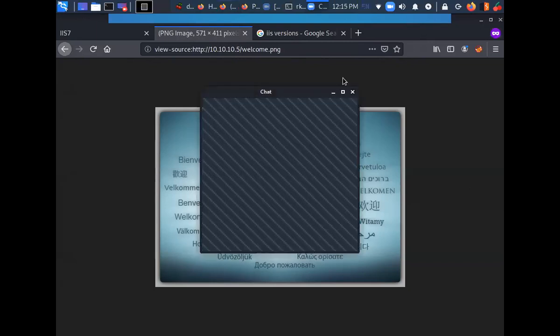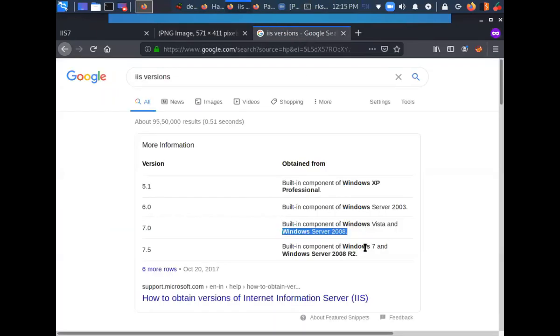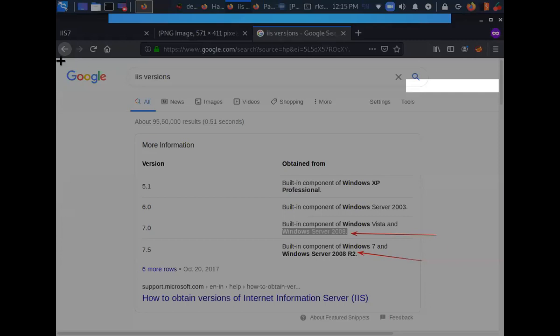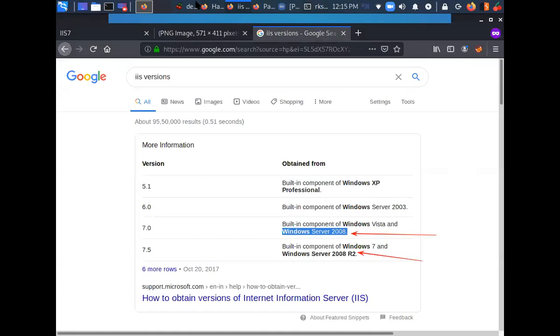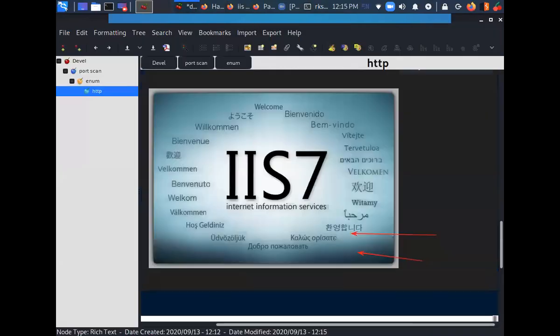So, IIS version, probable versions are here. So let's try to annotate them as well. It can be either this or it can be this. Okay. So let's take a snap of this thing as well and paste it here.